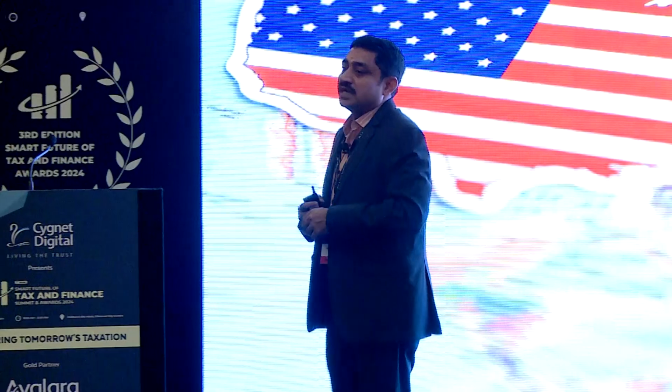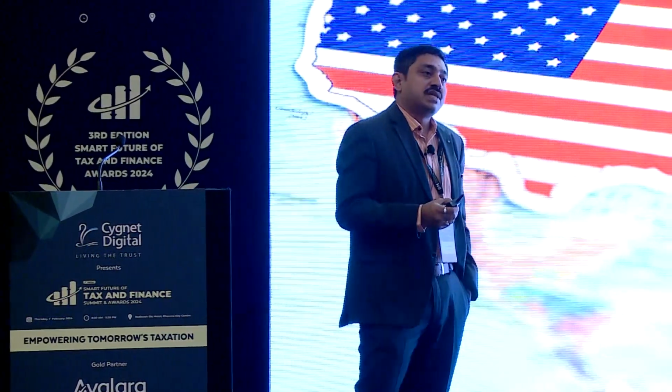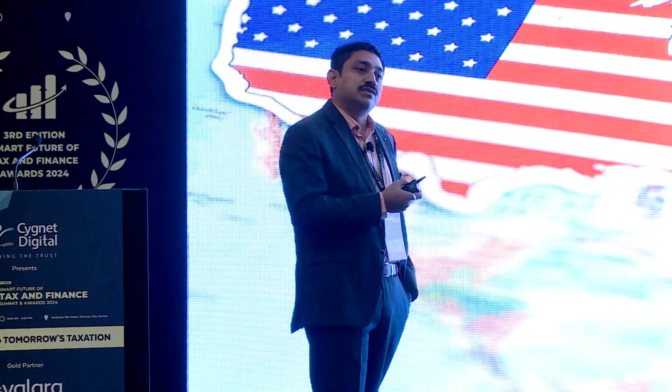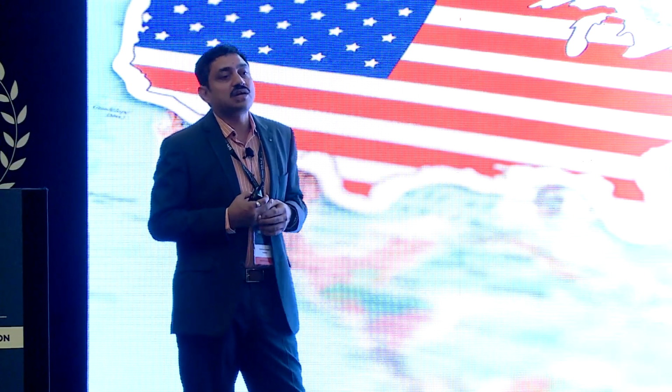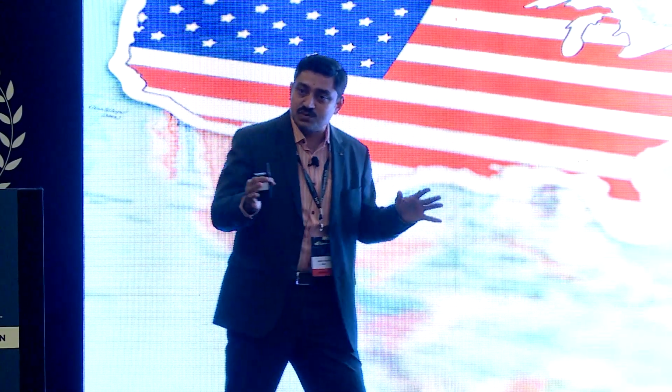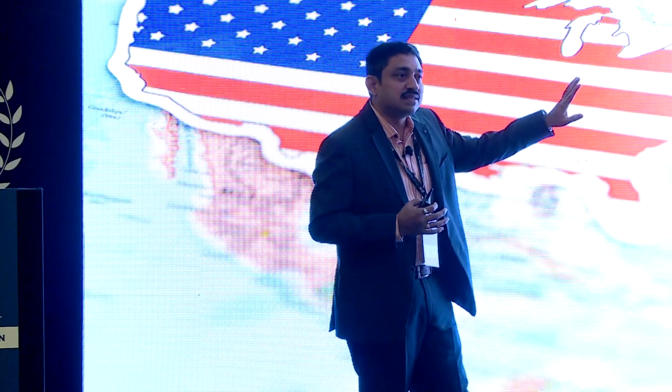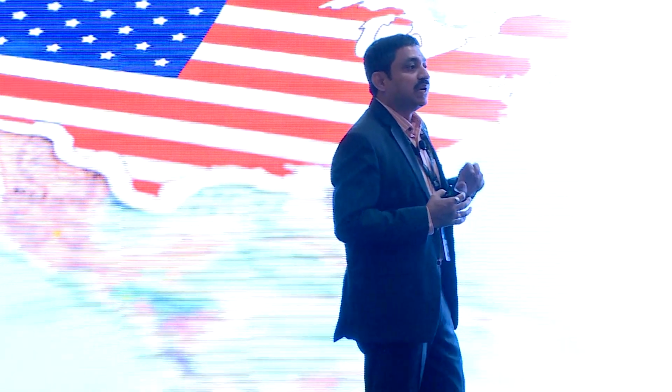Whenever you do business in the United States, the nature of the product you are selling, the parties you are transacting with, the location where you are, and the nature of transactions between the people can determine your entire taxation. In the United States, the common indirect tax regime is sales and use tax. But of course, there are quite a lot of variances when you do a B2C transaction or an exempt transaction, or when you are dealing with governments, then the taxation rules are completely different. And if you are selling products related to energy, petroleum, or tobacco, then the taxation is